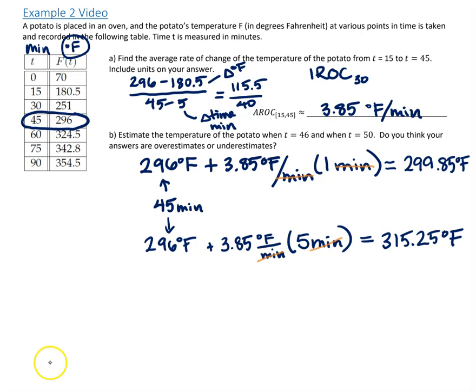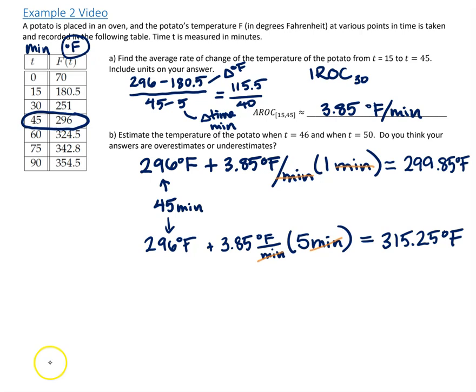That doesn't mean they're spot on. We have our table of data here that shows us what's going on. We don't expect tangent line approximations to be perfect, but the smaller your time interval is, the better those approximations should be. So as long as we don't go too far out, we should be in pretty good shape with